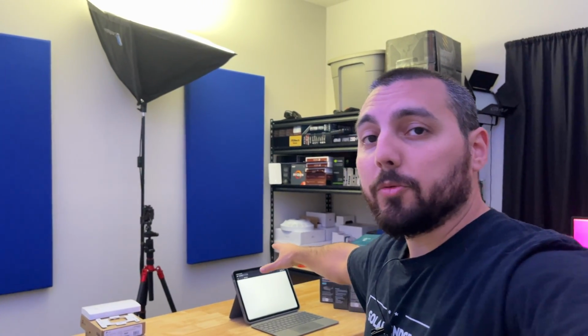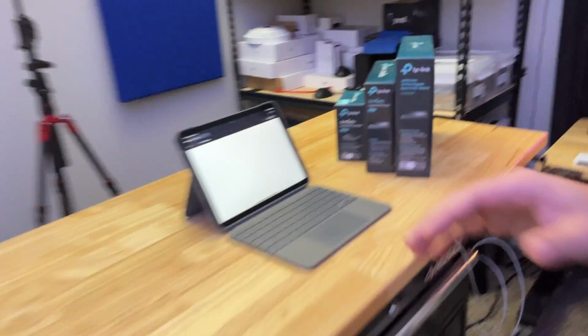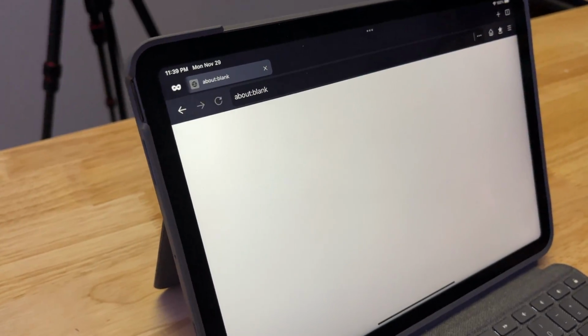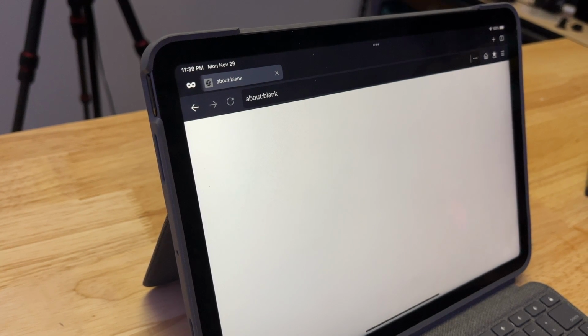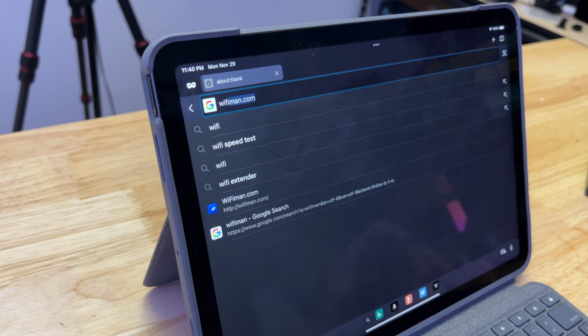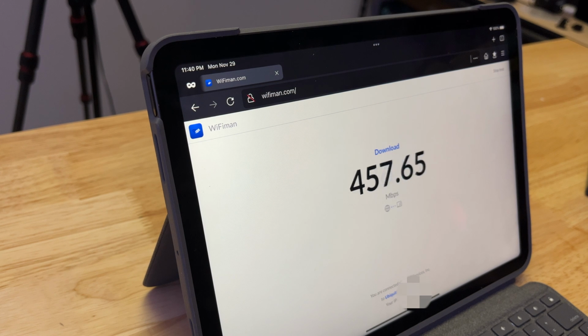I have the iPad set up here. This is a Wi-Fi 6 capable device, and that's what we'll be doing the speed test with. And also, while we are talking about that, we are on channel 11 for our 2.4 gigahertz band, which is only being utilized by 22%, and we are on channel 153 for our 5 gigahertz band. So we should be well within the range of 5 gigahertz. So now when we do our speed test, we should get hopefully very close to the max bandwidth of 1,200